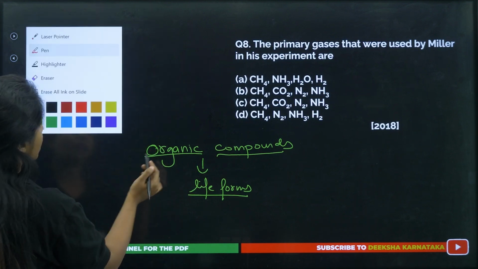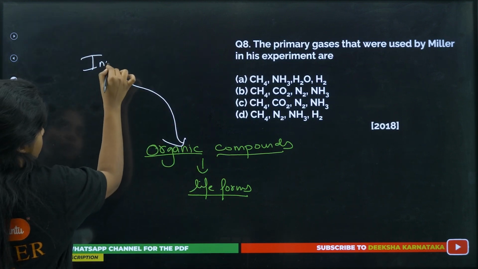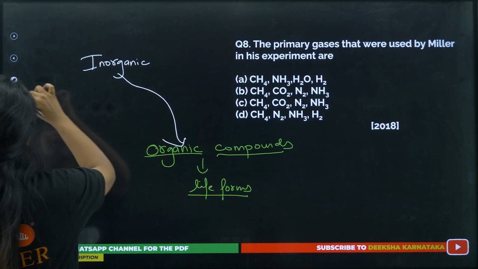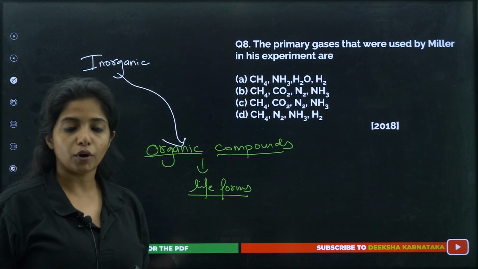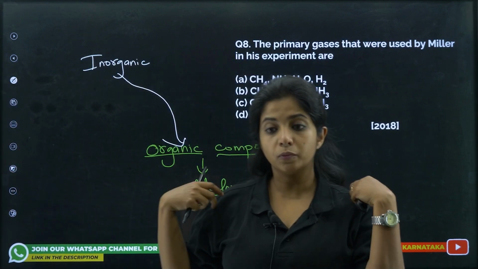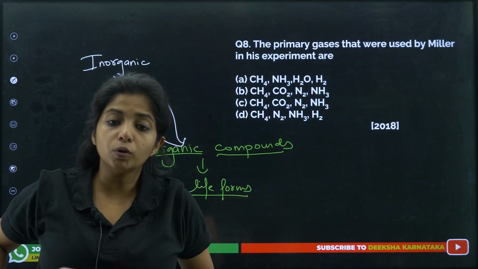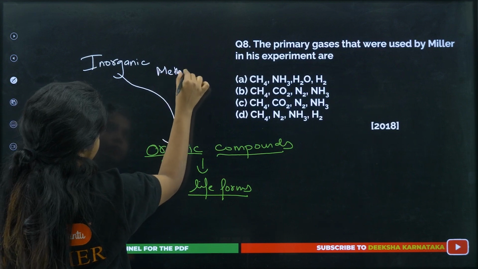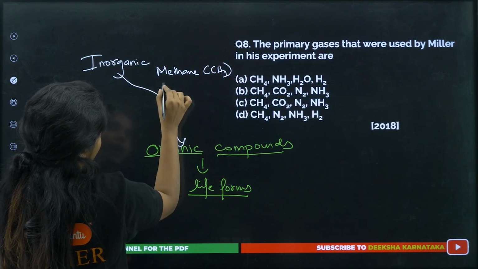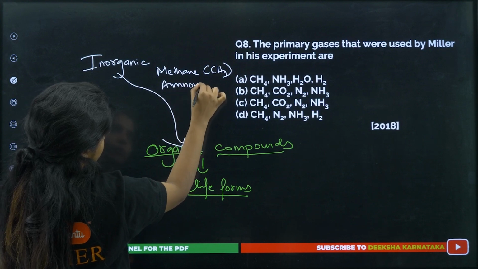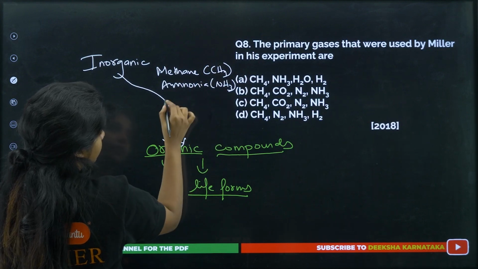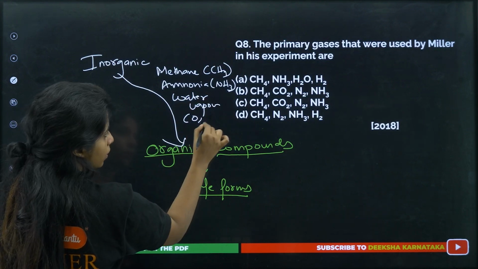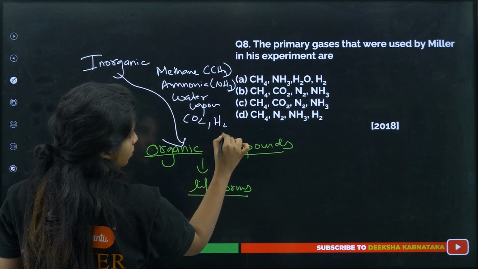Now, where did this organic compound come from? It came from inorganic compounds. It came from inorganic things. Okay, like what? So when the earth was beginning, okay, when basically life was getting formed, at this point of time it was just molten lava. There was nothing else. There were only a few gases. What were those? It was methane, which is known as CH4, and then ammonia, which is NH3, and then you had water vapor, and you had certain gases, CO2 also, and then you had certain gases like hydrogen and helium.